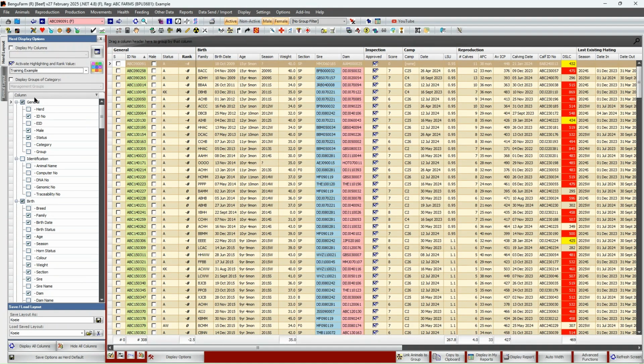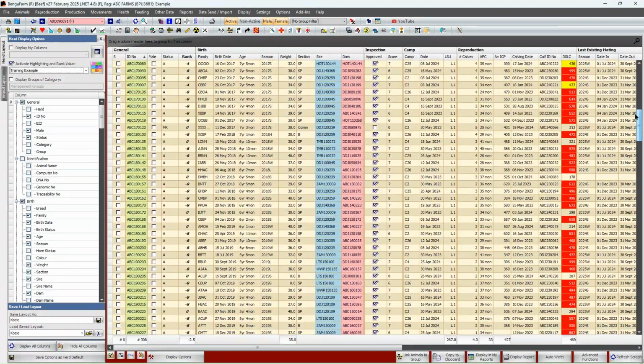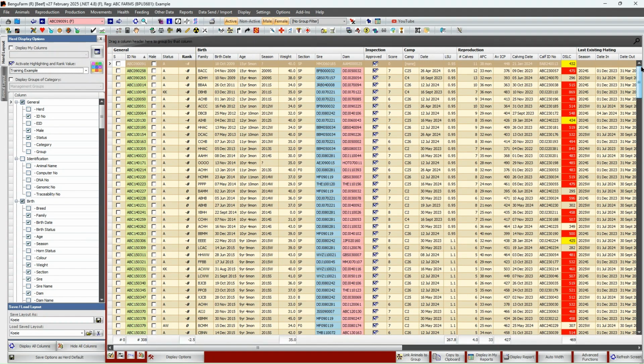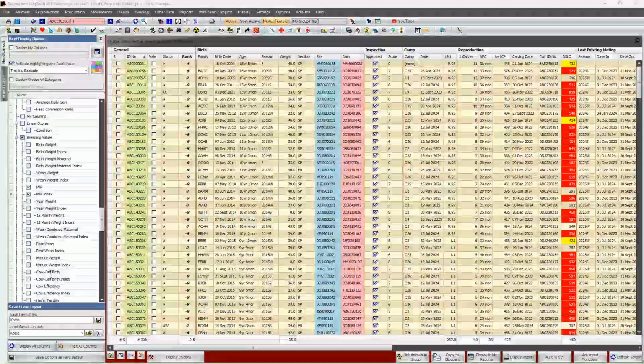And what you immediately will see is here in your days since last calving column that certain values are highlighted in red, and we said where days since last calving is greater than 450, they must be red. And we said where it's between 400 and 450, they must be highlighted in yellow. And now you can see our values stand out according to the herd highlighting.